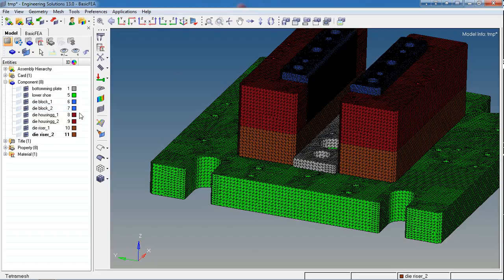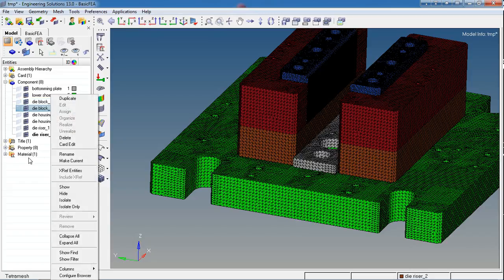My mistake, it should be die block 1 and that should be die block 2. So we'll make it right here. I got the error because there will be two components with the same name. I must have renamed it something different. Let me just get back to you again. Okay, this should be renamed as